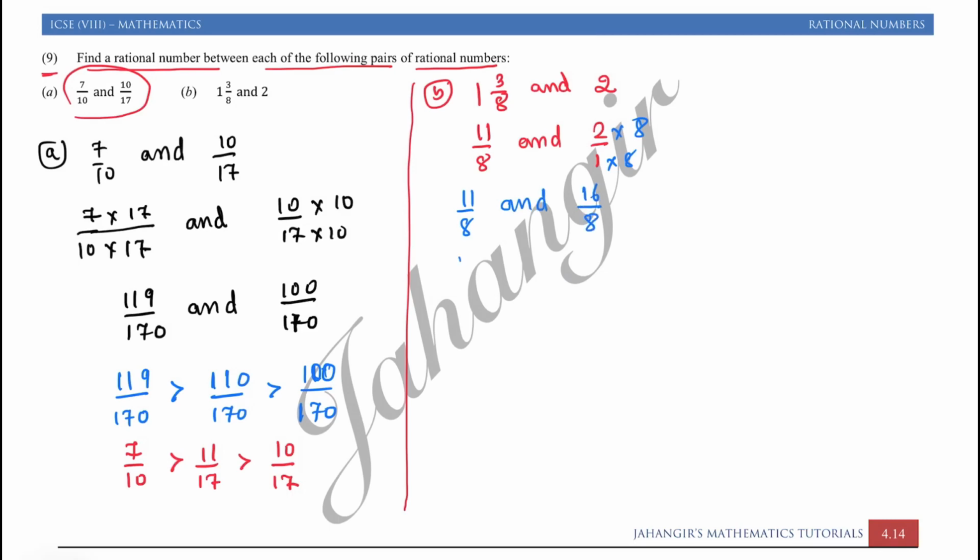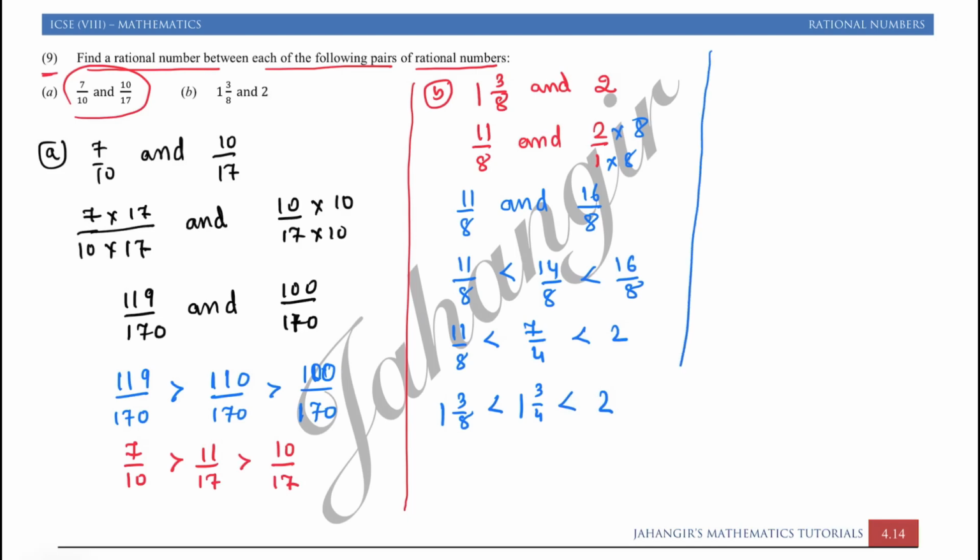तो दोनों के बीच में I can put any number as per your wish. 11 के बाद I can write 14 by 8 and then 16 by 8. Now last में you have to convert into simplest form and then mixed fraction. तो 11 by 8 is the simplest form, और इसको we can write 2 4s are, then we can write 2. Now we have to convert into mixed fraction. So 11 by 8 can be written as 1 3 by 8. This can be written as 1 3 by 4 and this is 2.